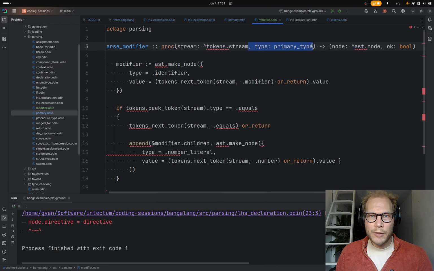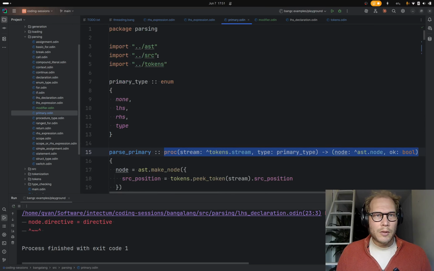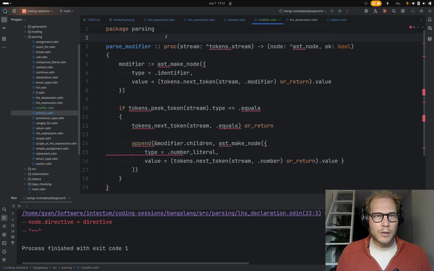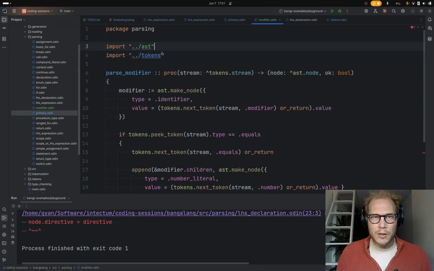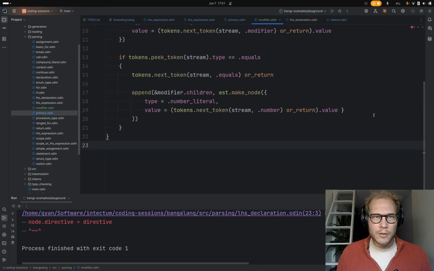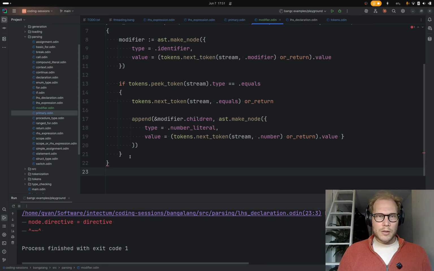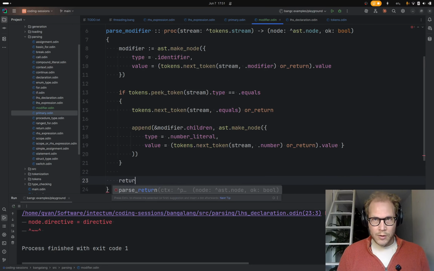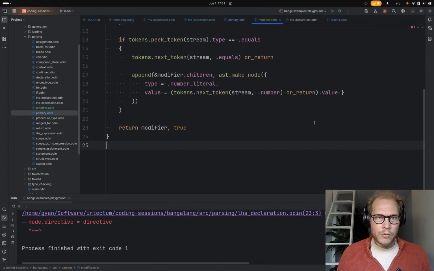We don't need the primary type. I guess we need AST. I guess we don't need source. Return modifier true.